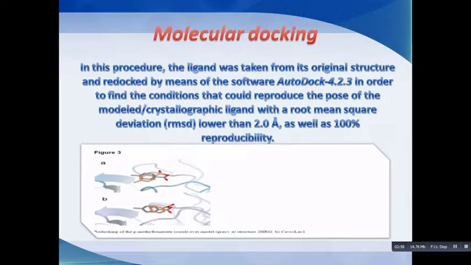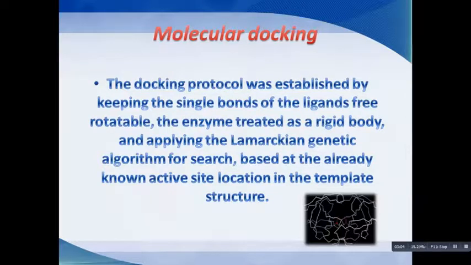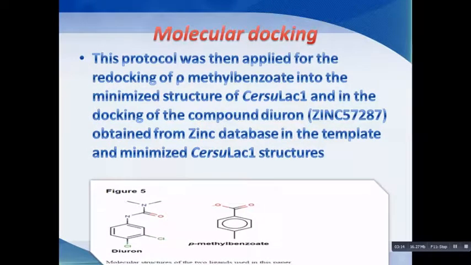In this procedure, the ligand was taken from its original structure and redocked by means of the software AutoDock in order to find the conditions that could reproduce the pose of the model or crystallographic ligand with a root mean square deviation lower than 2 angstrom as well as 100% reproducibility. So the docking protocol was established by keeping the single bonds of the ligand freely rotatable and the enzyme treated as a rigid body, and applying the Lamarckian genetic algorithm for search based at the already known active site location